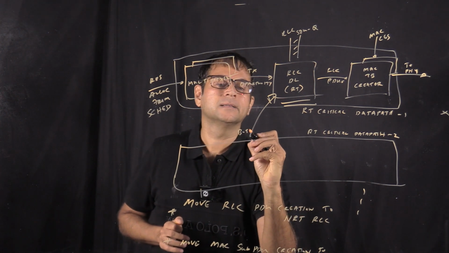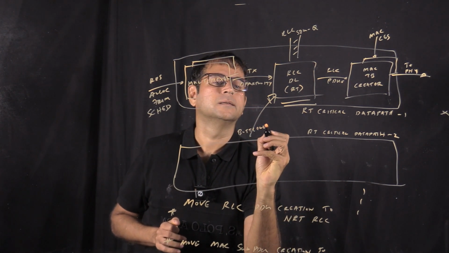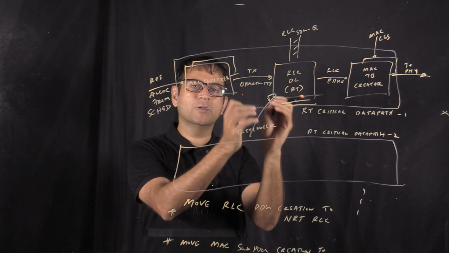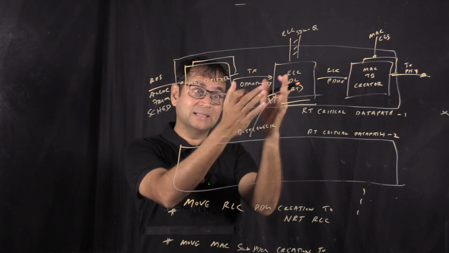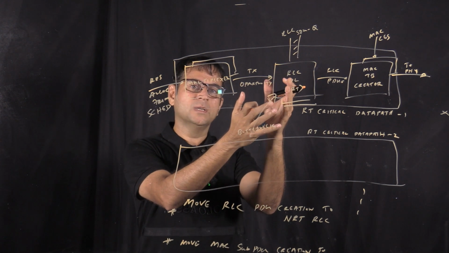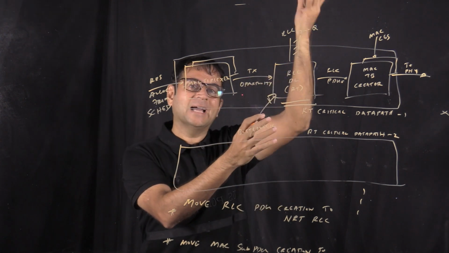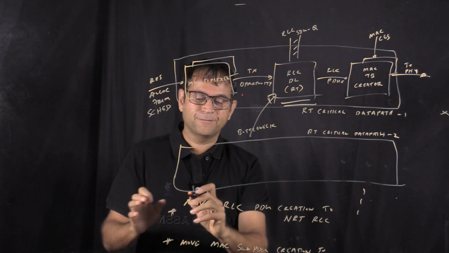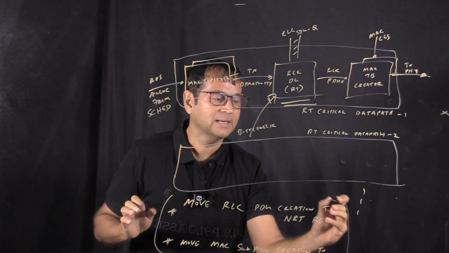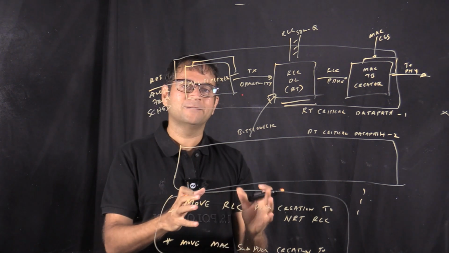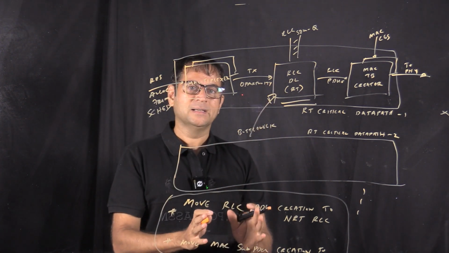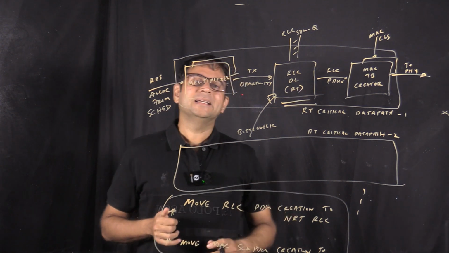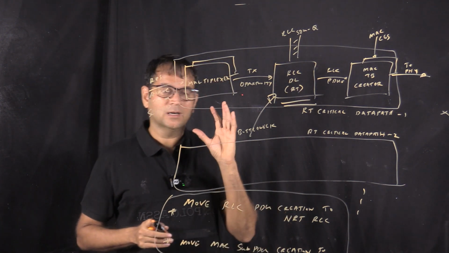This bottleneck, by moving away two major work parts that this entity had to do, to RLC upper, which is non-real-time critical, which is not TTI bound, we are freeing up this module. We could not do this in LTE. So now the RLC DL entity has very little work to do. All it has to do is,